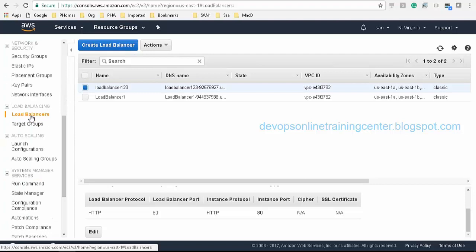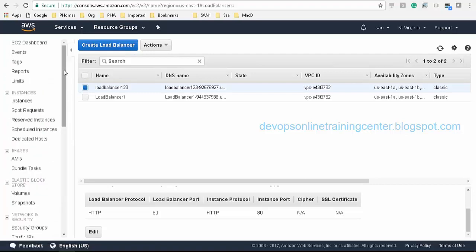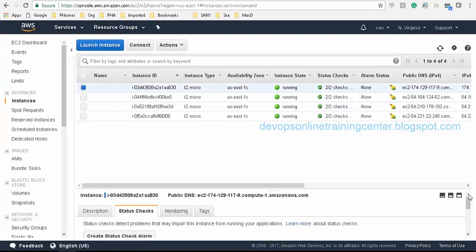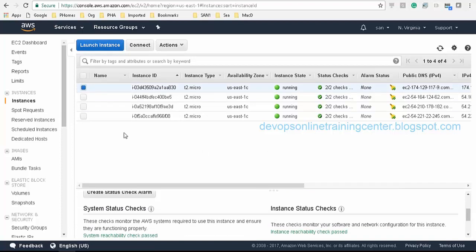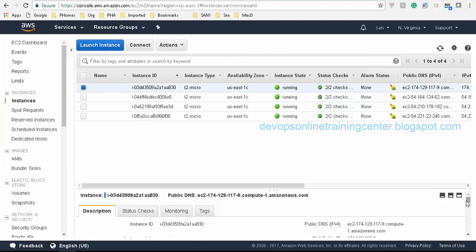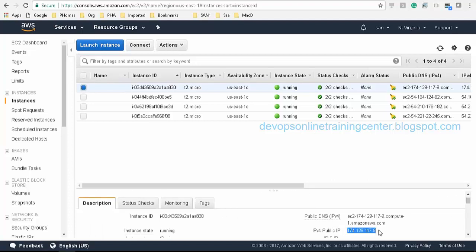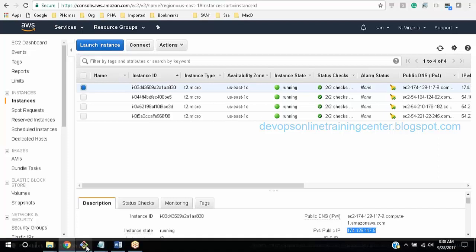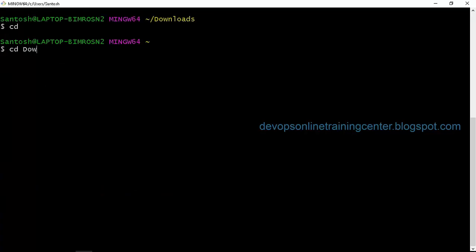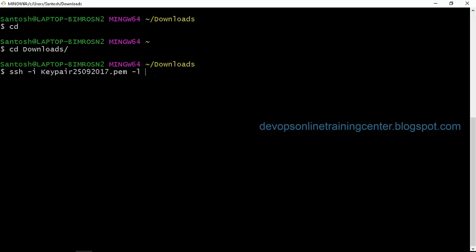The load balancer is not able to divert the traffic to the instances. So this is an Ubuntu machine, right? So I'll select Ubuntu.